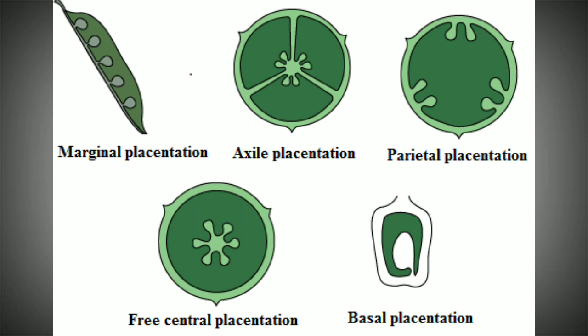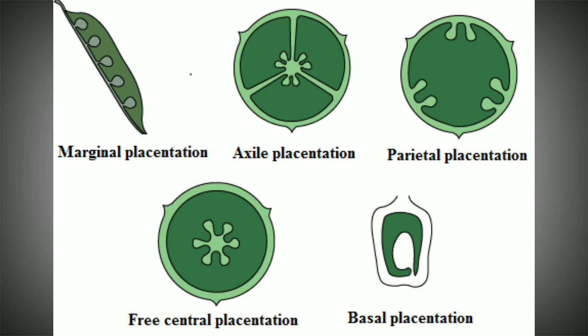Now comes the basal placentation. There the placenta develops at the base of the ovary, wherein a single ovule is attached to it, and we can see this in case of coconut, mango, etc., which bear the basal placentation, bearing only a single ovule and a single locule. The base of the ovary bears the placenta, and over the placenta the ovule is formed, say for example in case of coconut, mango, etc.